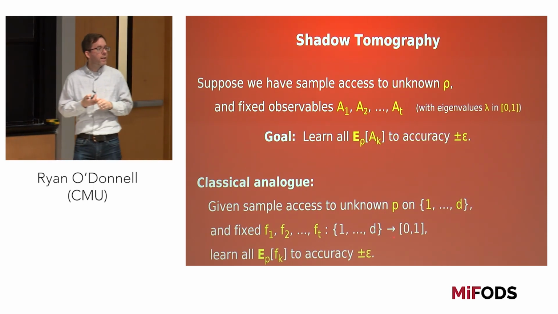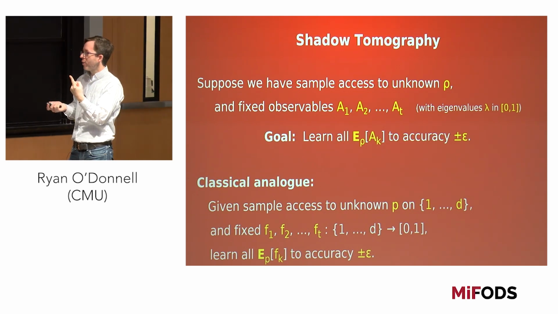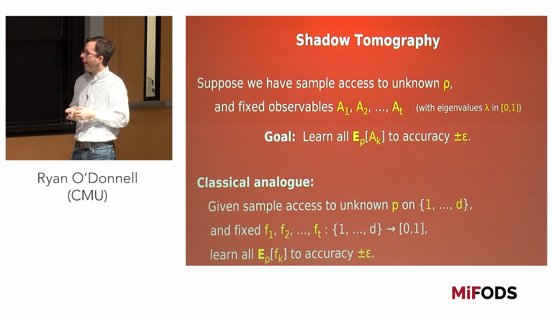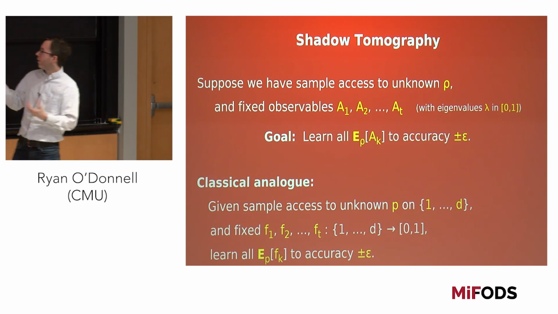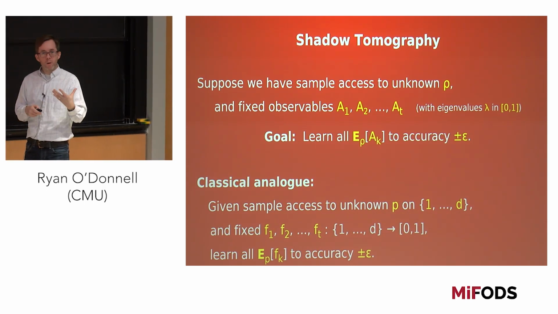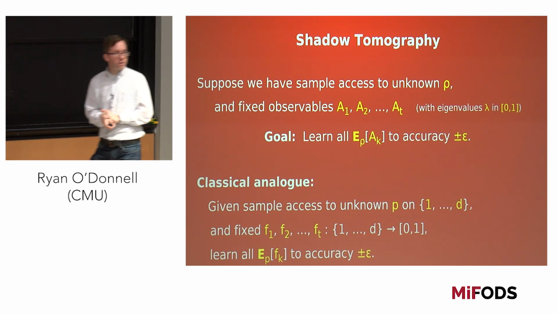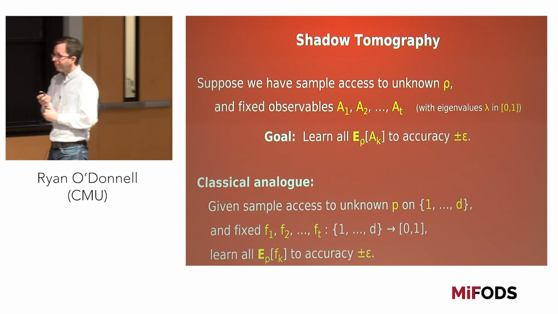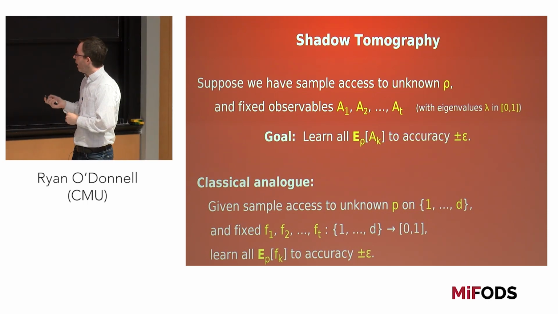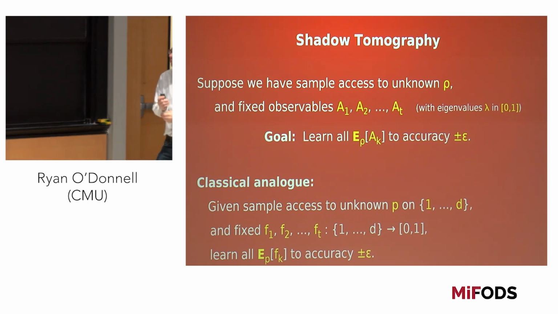Yeah, log t over epsilon squared, because if you're just estimating 1 for accuracy plus or minus epsilon, you'd need like 1 over epsilon squared samples. And you'd fail with probability, OK, if you do it log t times, then you'll fail with probability proportional to 1 over t. So then you can union bound over all the t functions. So you want to control the max accuracy here. Yes, you want to control the max accuracy. OK, that's great. It's logarithmic in t, and it doesn't even depend on d at all.